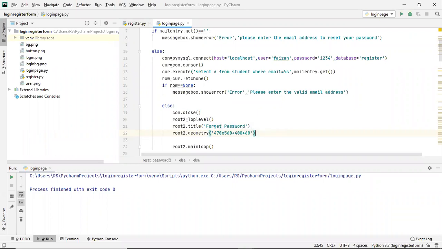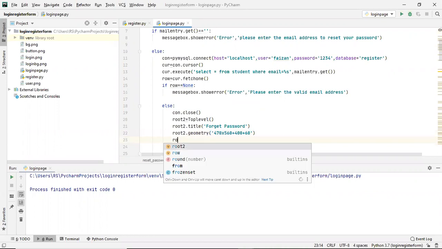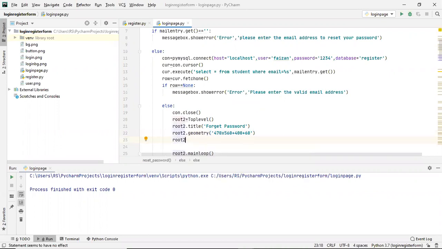Next, I want to provide a background color to our window, so I'll write root2.config, with the background equal to white.